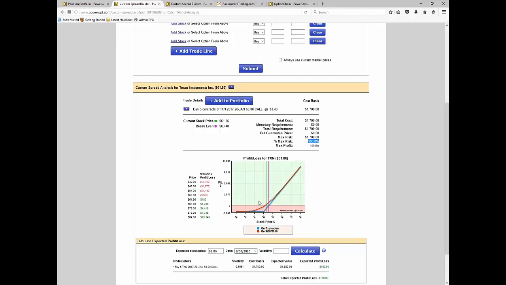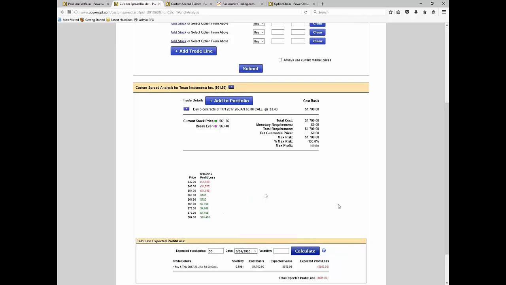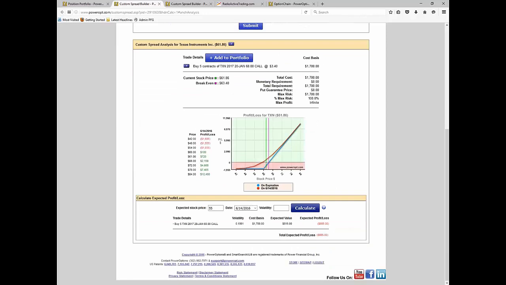If the stock went the other way and fell down to $55 per share on or around today's date, your investment would go down to $815. The value of your 5 calls would only be $815 theoretically, which means you're losing 50% of what you invested